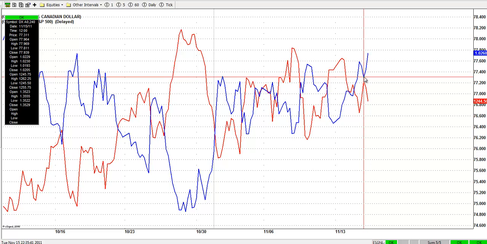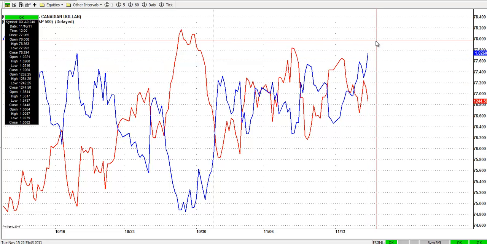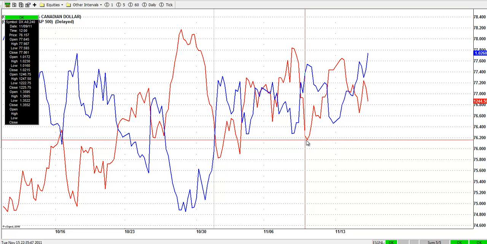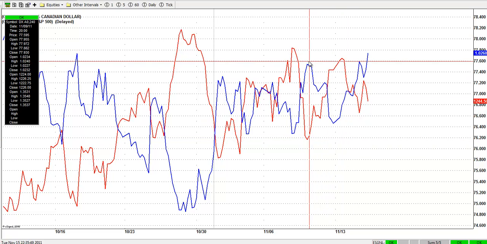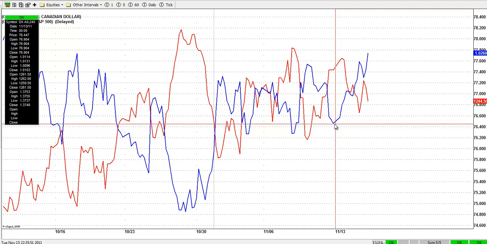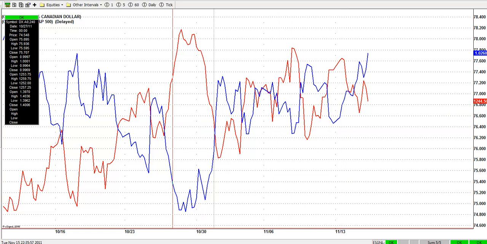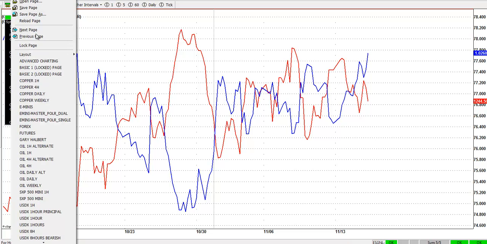And then from there, the CAD is doing the move higher, and the S&P the move lower. That's the way it should be. You see that the red goes higher, the blue goes lower, all right? That's exactly what we like to show you when it comes to market correlation. Now, let's move on to the individual pairs. For the individual pairs, let me start with